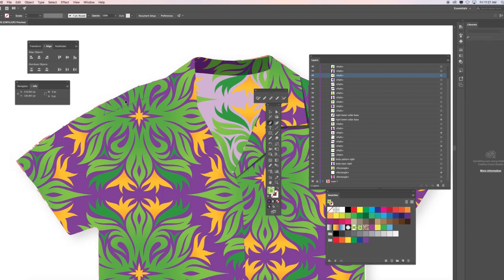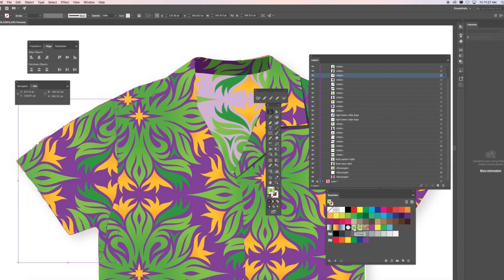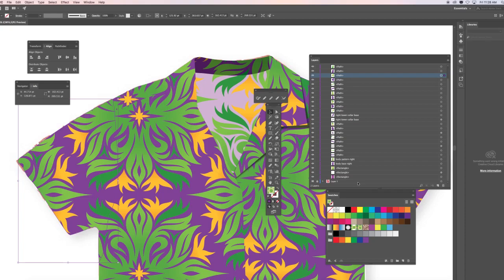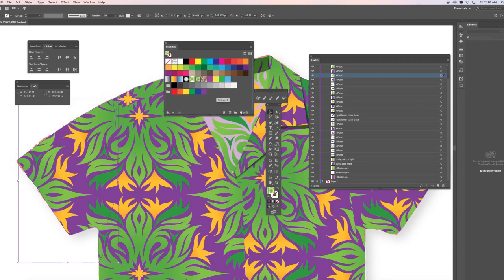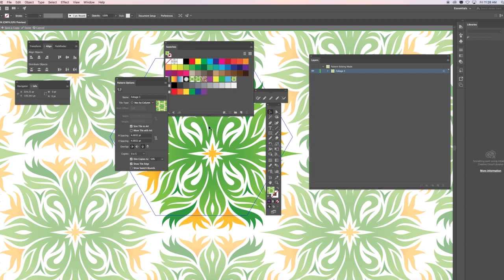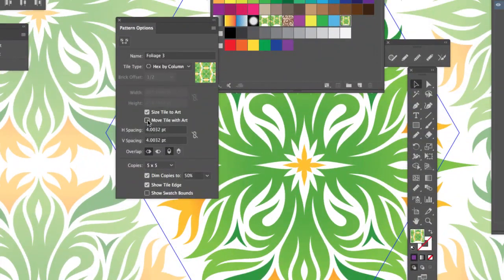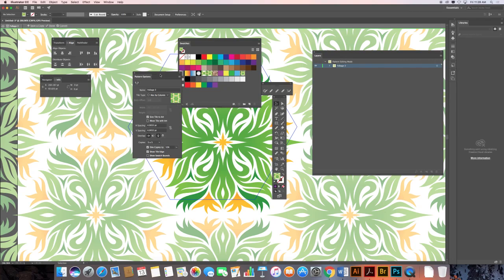Again, it'd be really handy if we alternated the pattern. No, I'm still on my pen tool here. Be sure that you're on the appropriate tool. So I've got the selection tool here. You might even want to make a third version of the pattern. So I could take this one, make a duplicate of it, double click that, get into my pattern editor, make sure Move Tile with Art is switched off, and then I